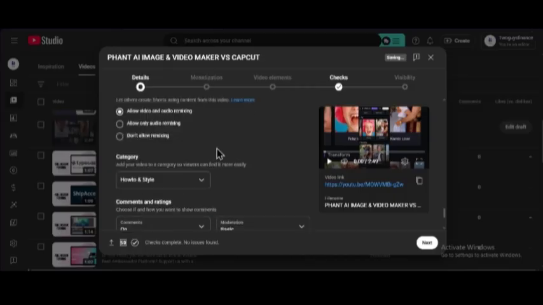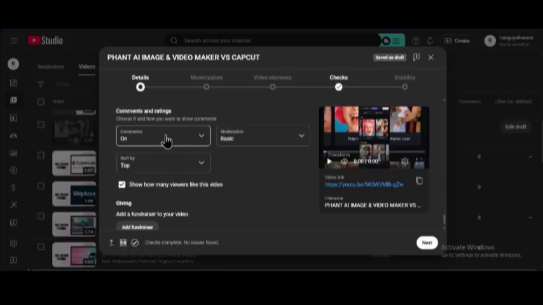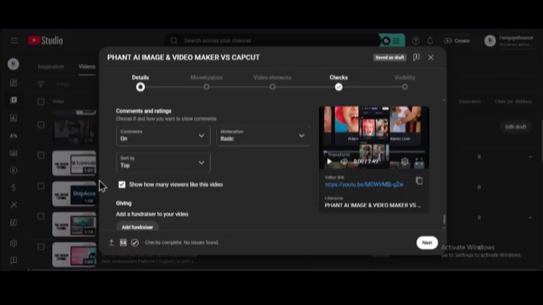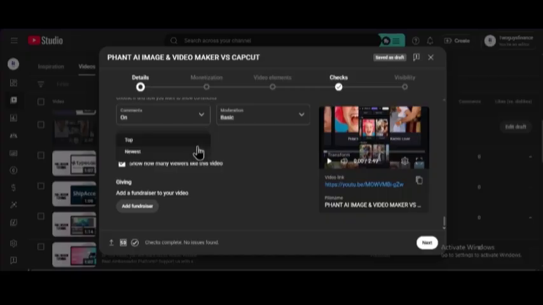Category. You can also change the category of the video, and turn comments on and off. The moderation for the comments: none means don't hold any comments; basic holds potentially inappropriate comments; strict holds a broader range of potentially inappropriate comments; or hold all comments. Then you can also turn on and off showing how many viewers liked your video. You can sort your comments by top or newest, depending on you. Then you can add a font wizard to your video by clicking on add a